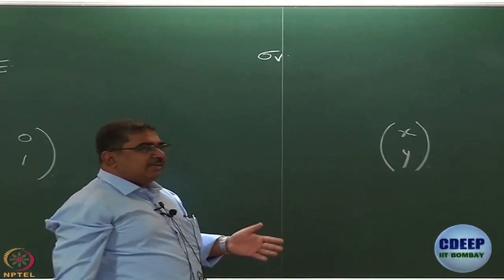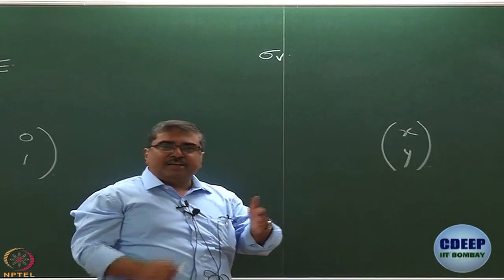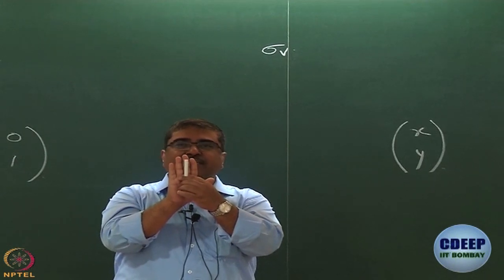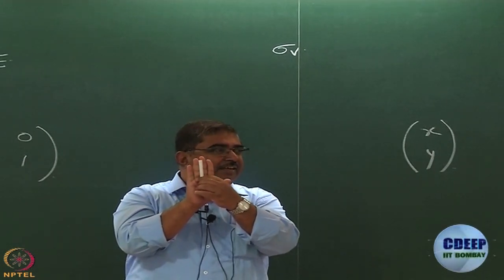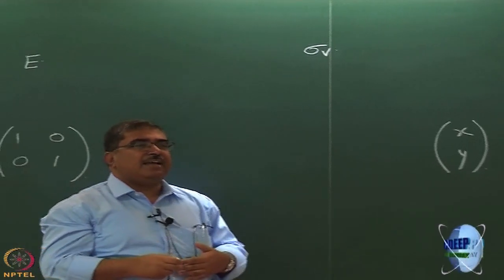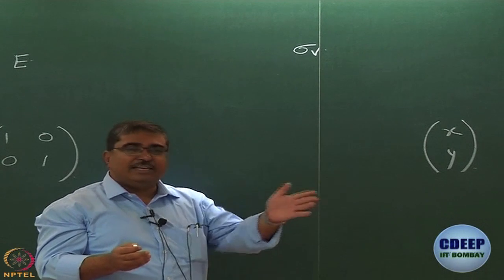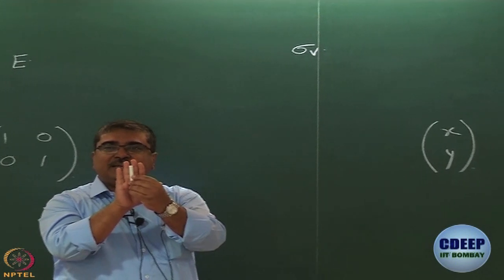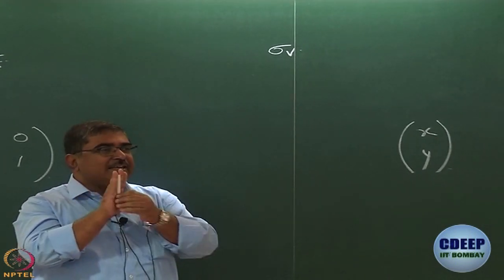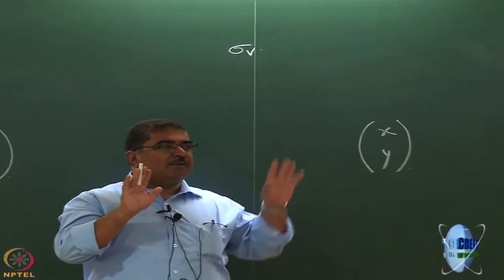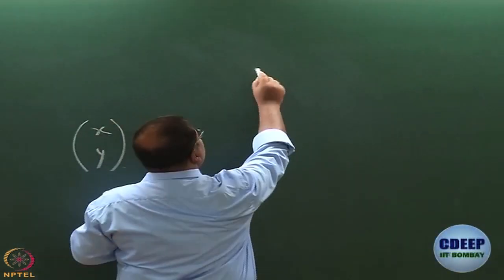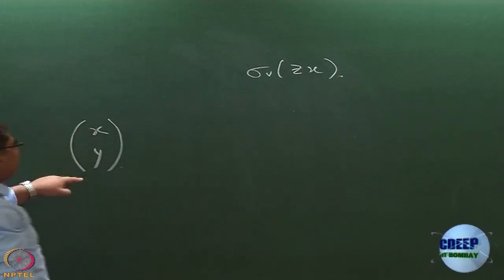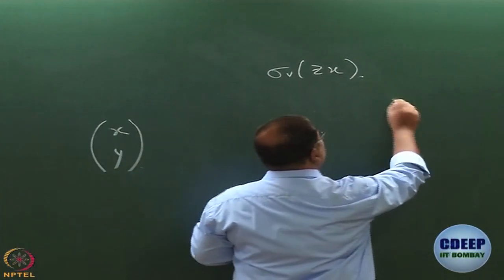So, let us take I mean any sigma V, it does not matter. The only thing that we have to remember that your C3 axis is Z. So, the plane that you take sigma V must contain Z in it, right. So, our discussion becomes simpler if we take xz or yz plane, or you can take anything in between, but the point is your Z must be contained in that plane. Are we clear about that? The sigma V, it must contain the principal axis of symmetry, which by definition here is along Z. Let us use sigma V Zx. So, if I use sigma v zx, what happens to x, what happens to y, what is x dashed, what is y dashed?